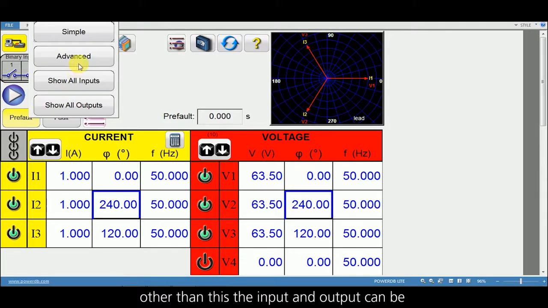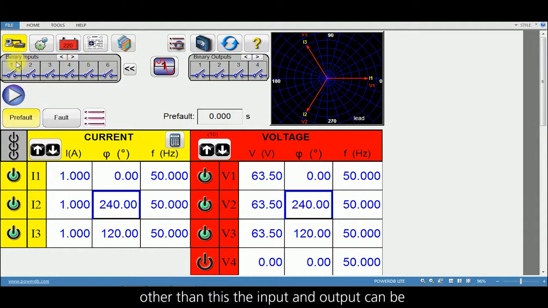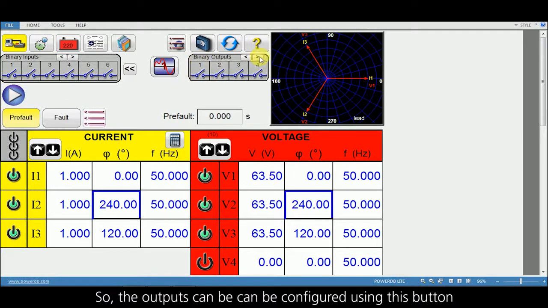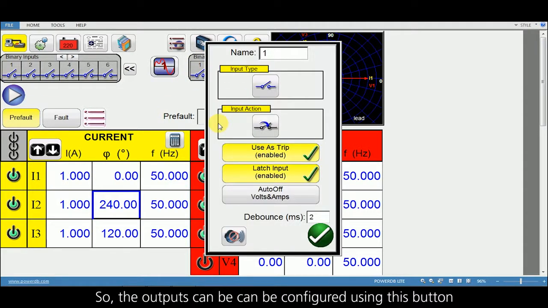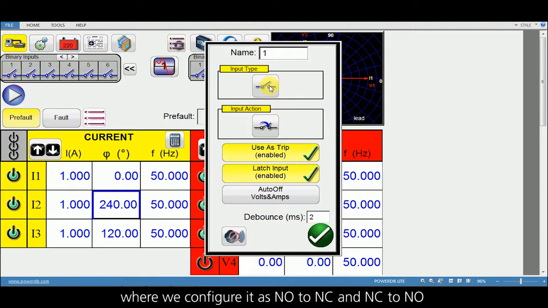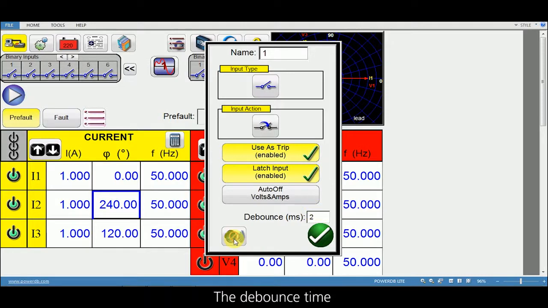Other than this, the input and output can be configured using this button. We configure it as NO to NC, NC to NO, the debounce time, and whether you need a sound for detection.